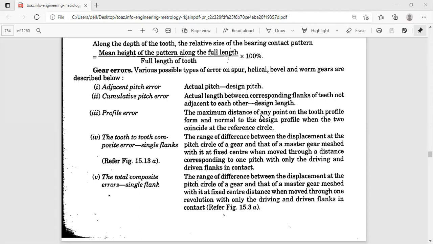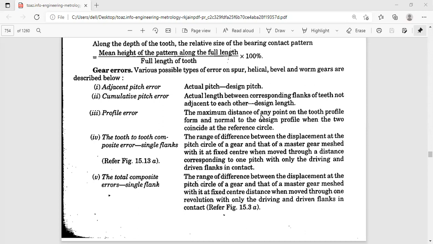In the gear terminology, you might have studied about the pitch circle, and the base circle is below the pitch circle, and we have the outside addendum circle at the top, and the root circle at the bottom. So that's what we have discussed. The root circle is the dedendum circle.